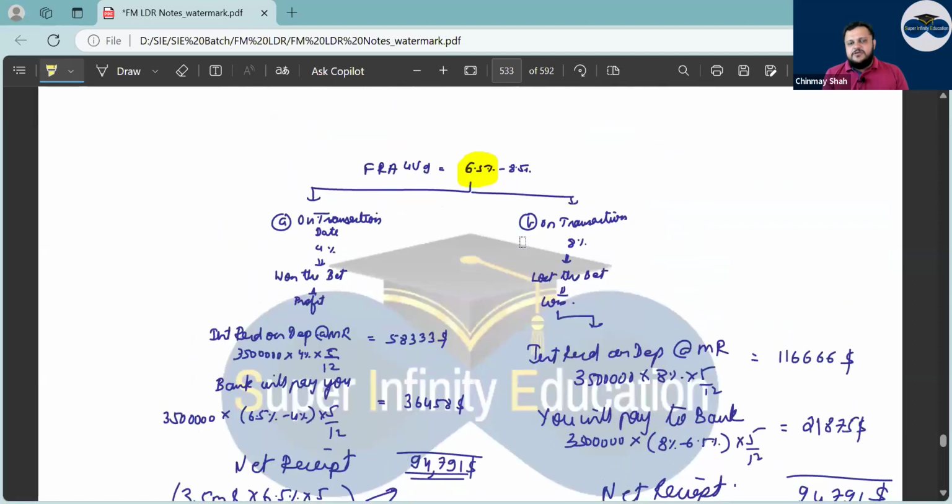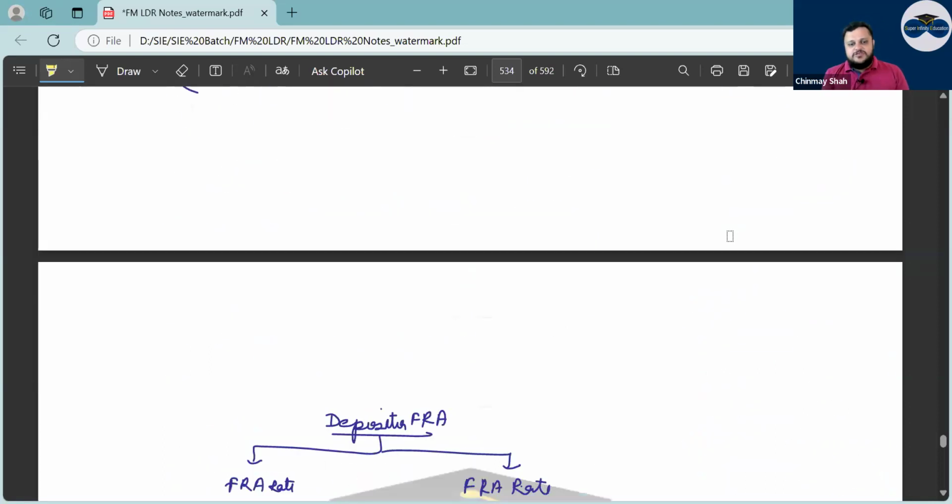For the depositor also, what will happen? If he has taken a 6.5% FRA and the rate in the market goes to 4%, he will be happy. He is going to get 6.5%. But the bank has lost the bet, correct? You have won the bet. The bank will pay interest at 4%, because depositing will happen at 4%. But the bank will pay you an extra 2.5%. But if it goes to 8%, you have lost the bet. You have to deposit at 8%, but you will have to repay 1.5% back to the bank, for whichever number of months, right?